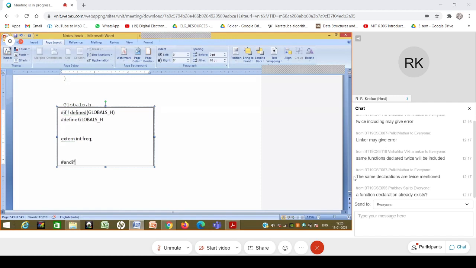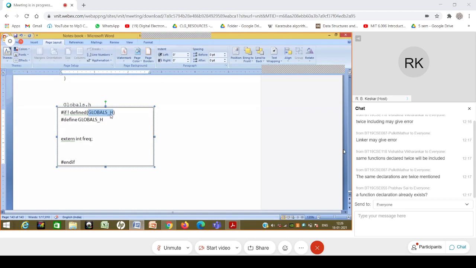Okay. So what have we done over here? There is this conditional inclusion. So what we are doing is that we define a macro whose name is the same as the header file, except that all the letters are written in caps and the dot over here is replaced by an underscore.